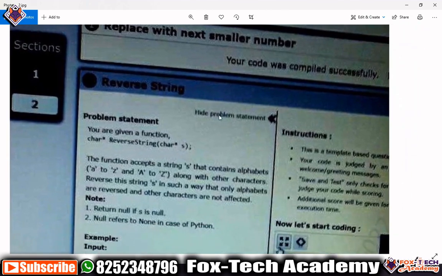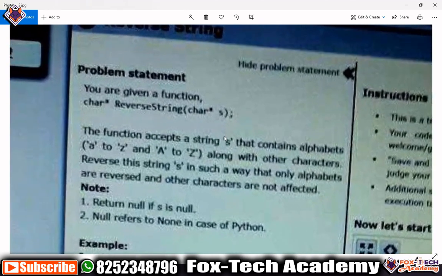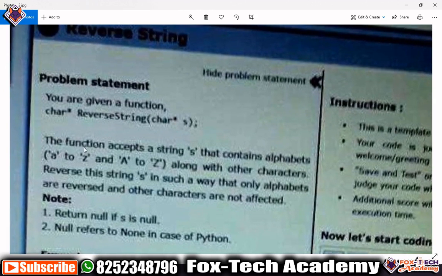If you see in this problem, we are given one function, the reverse string function, and we have to complete this function. If you see the description of that function, it says that the function accepts a string s that contains alphabets A to Z and a to z, capital A to small a, along with other characters. So they said reverse this string s in such a way that only alphabets are reversed and other characters are